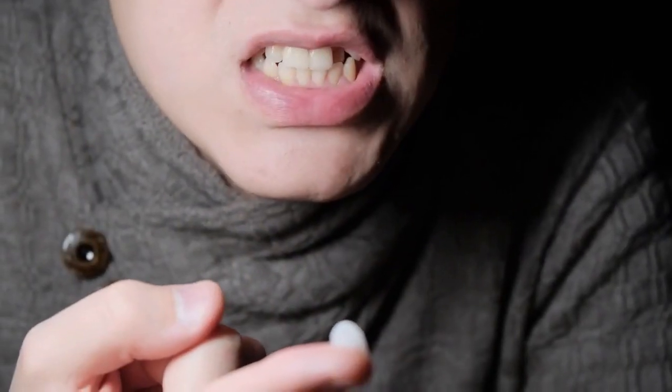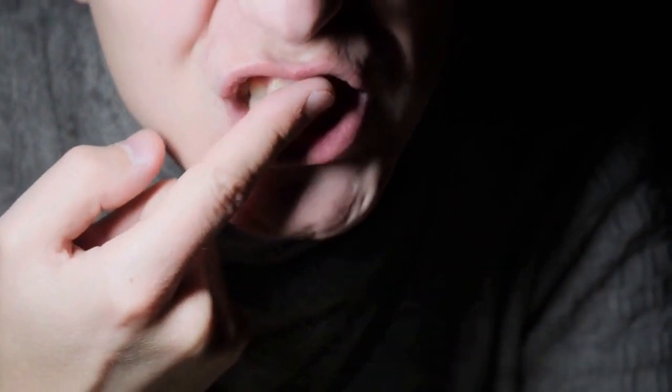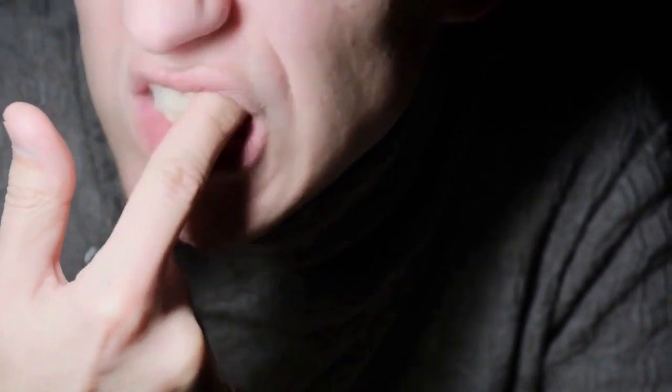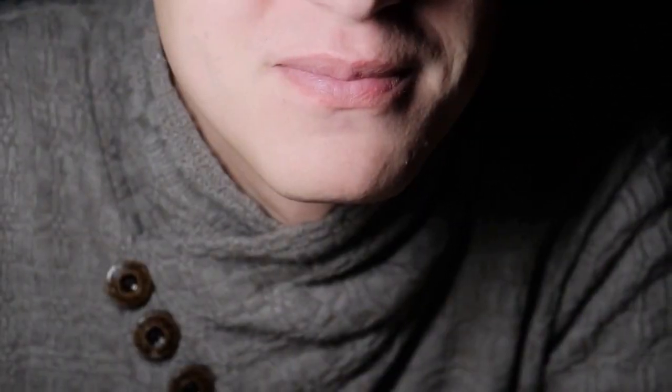You can either use your finger to massage it on your gums and teeth or gently use your toothbrush. Do so for about 3 minutes and see the results for yourself. You should also floss your teeth every time you brush. Floss in between all of your teeth, twisting the floss to get a new